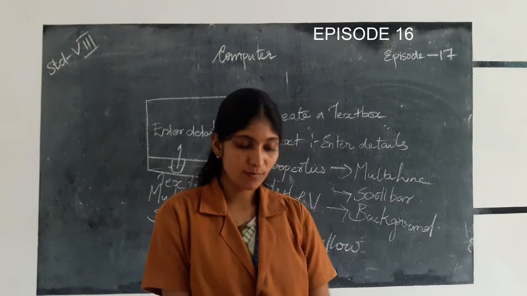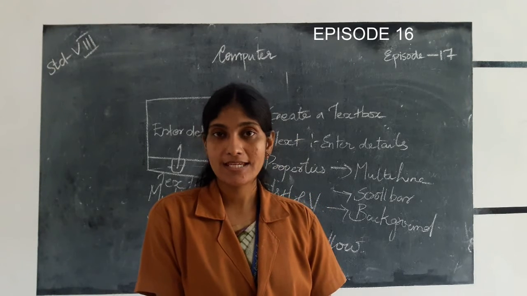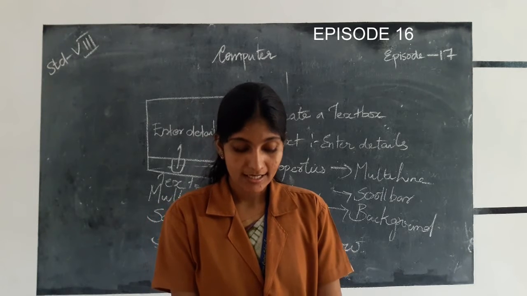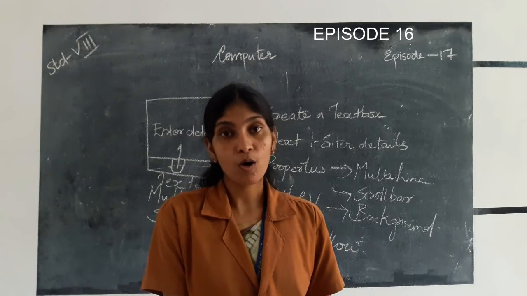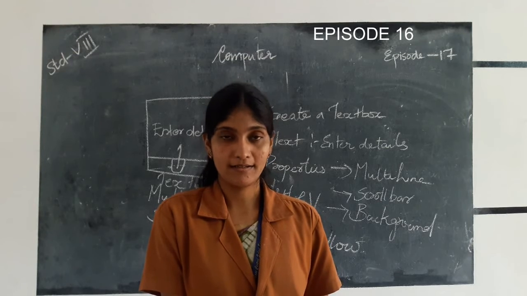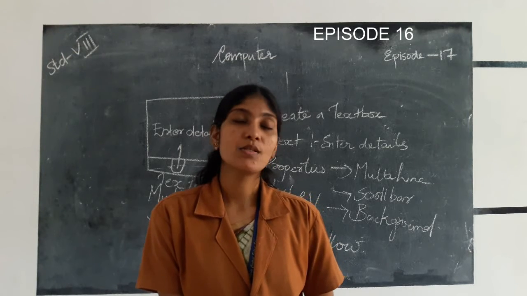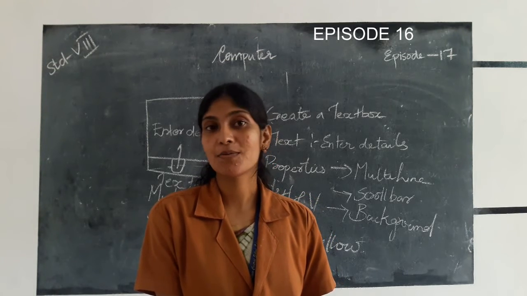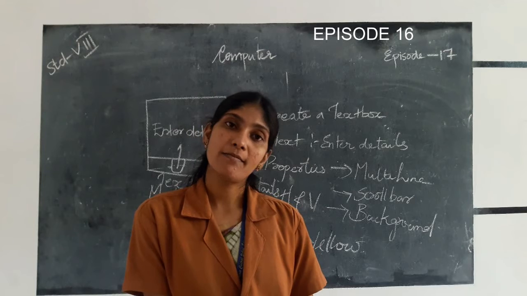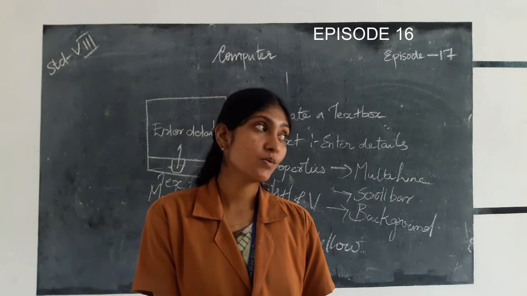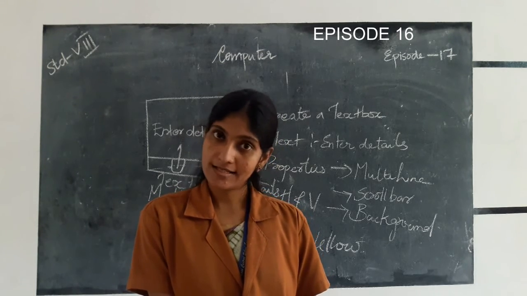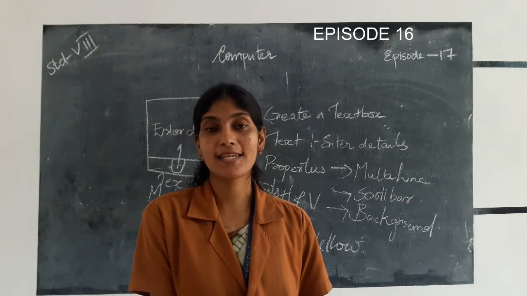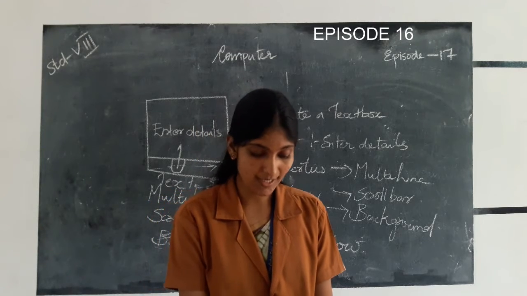The next is text box. We know text box is the place where the user enters data. It is used to hold lines of text that the user can enter or change during run time, and it contains 2 types of lines, single line and multi-line. Single line means you can enter the text continuously in a single line, and multi-line means when we press the enter key, it will go to the next line, and after writing the text in the next line, when you press the enter key, it will go to another line. That means multiple lines are possible using the multi-line property.